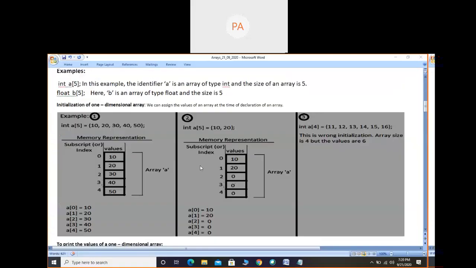Okay, fine. I will go to this screen. Here, in the memory representation in both of the examples, I have put separate boxes like values part and index part. If you look at the values part, the box can be either integer numbers or floating point values. Those are the actual values. When you look at the subscript or index part, that should be only integers. Okay, got it. Thank you.